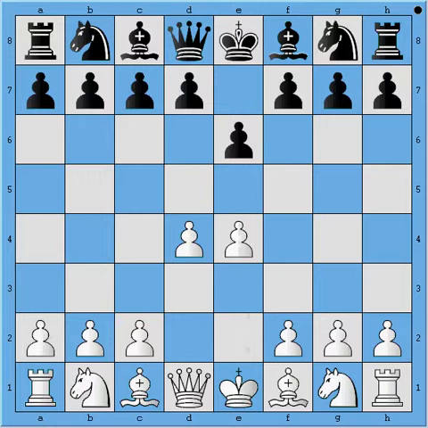I took the opportunity to take the center, and if he wanted, he could now play d5, and that would be a French defense. I was expecting that move, but he surprised me with his next move, f5. So this might look like a Dutch defense, but